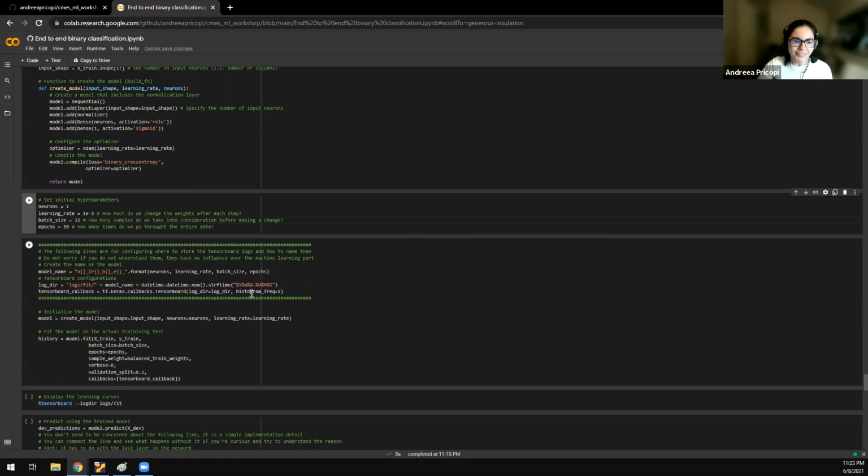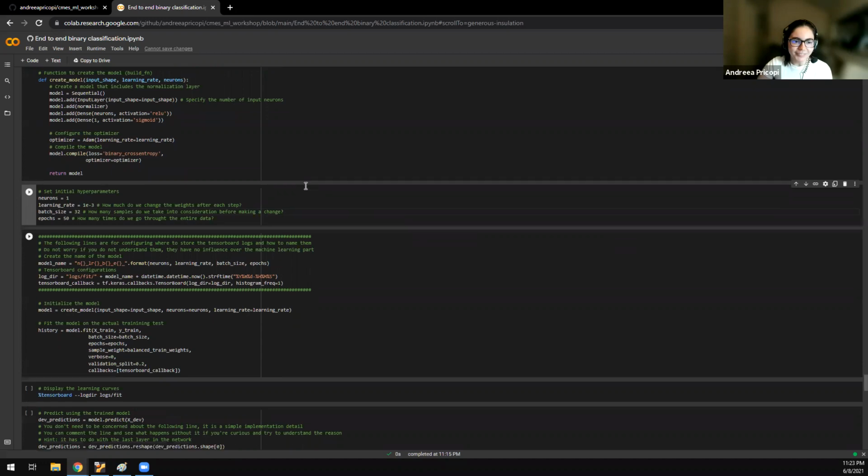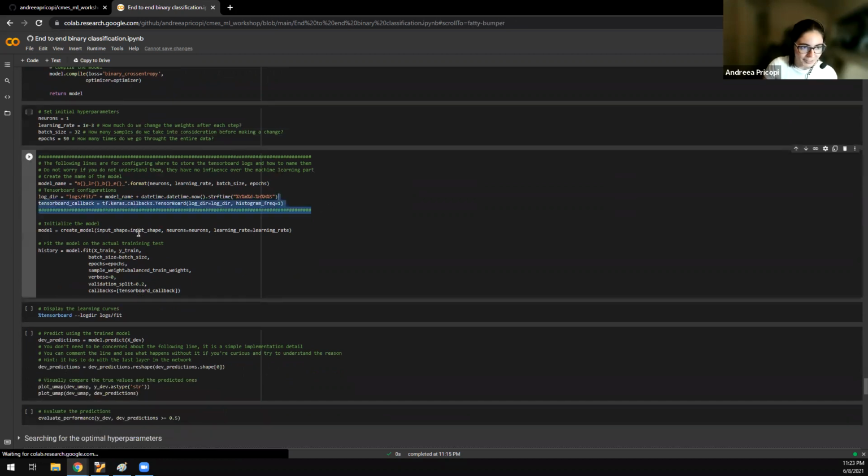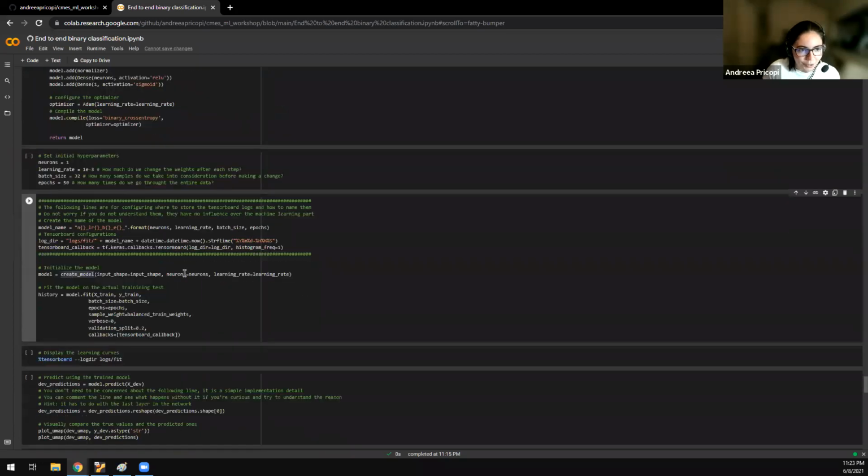And what we're doing here is basically writing some configurations that you do not really care about. It's just for a plot that we will see soon. Here we create our model and we give it this input shape that you do not really care about, that I have configured here for you. And then we're basically saying, take this number of neurons, 1, and